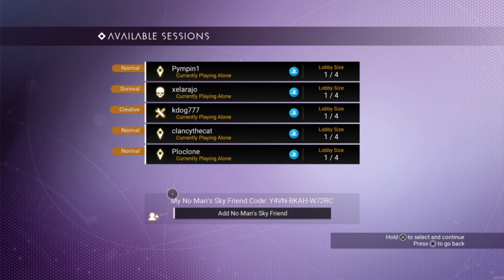So this is my No Man's Sky friends code, and I guess that allows you to jump into my game if you're not on PlayStation and you're not my friend yet. Maybe even if you are on PlayStation, you could jump into my game even if you're not my friend yet, I guess. I guess that's how it works. Though I'm not sure because there's nowhere for me to like... Oh wait, yeah. So if I choose add No Man's Sky friend...